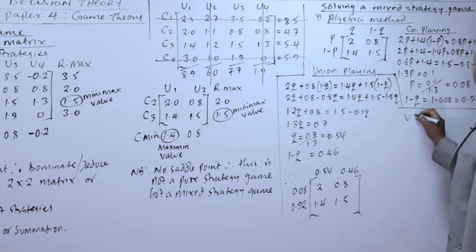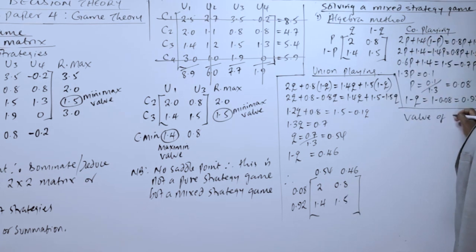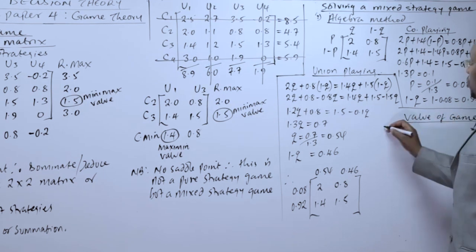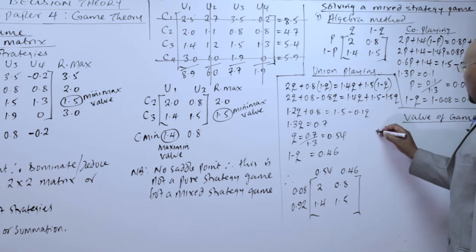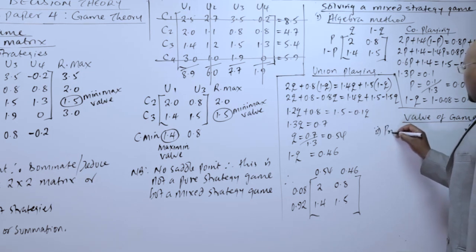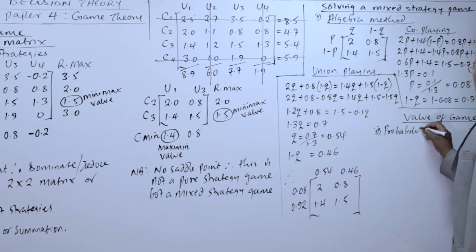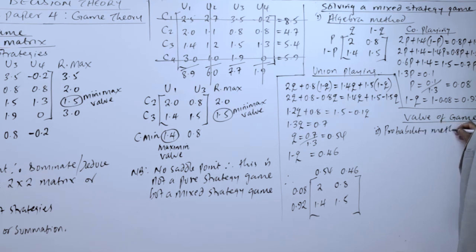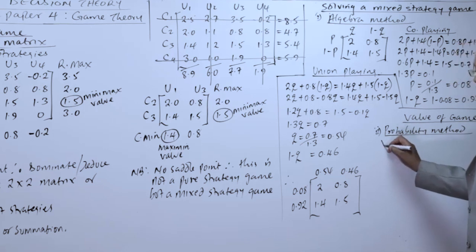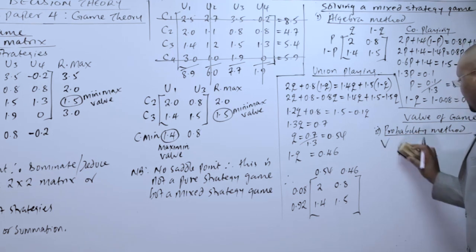Now our value of game, using the probability method, which is like Roman 2 here. So the value of game will be